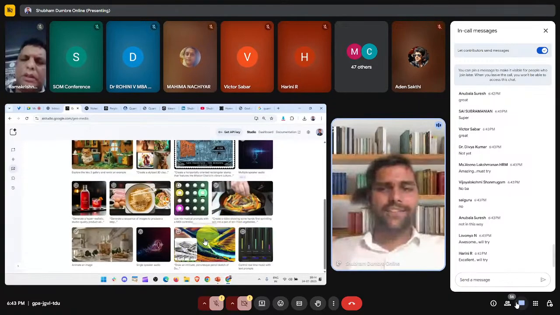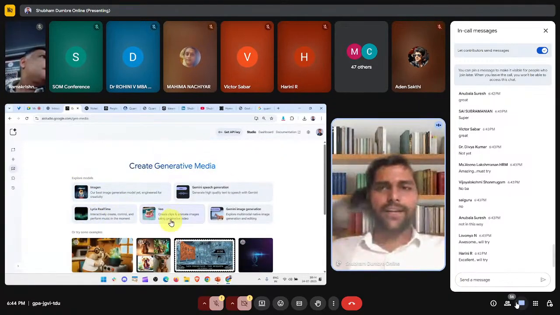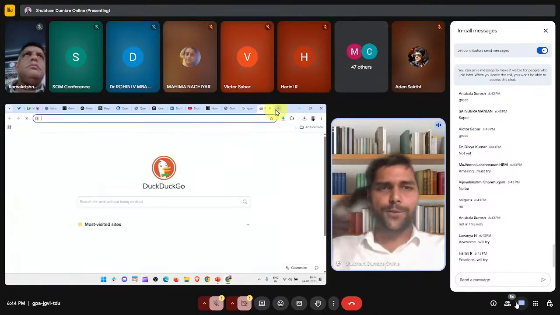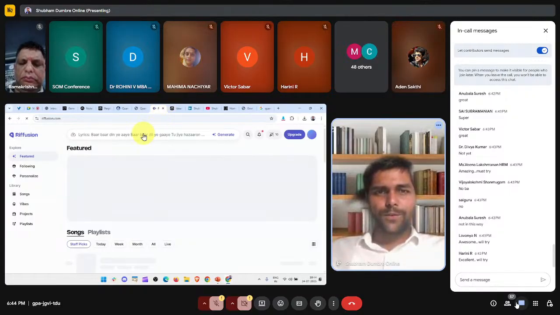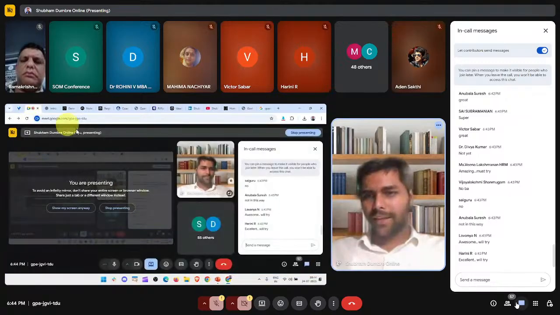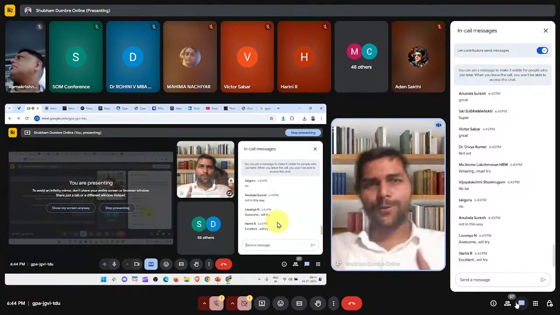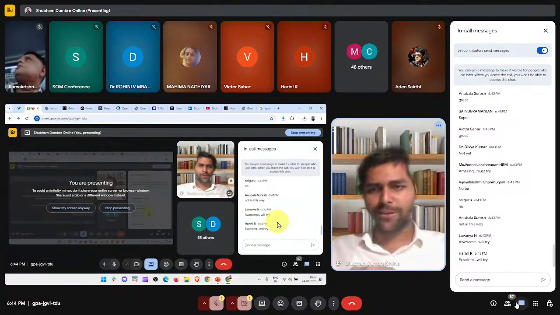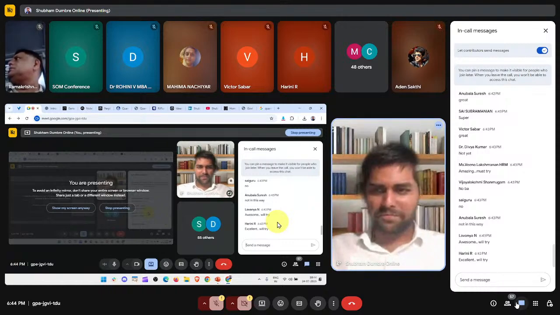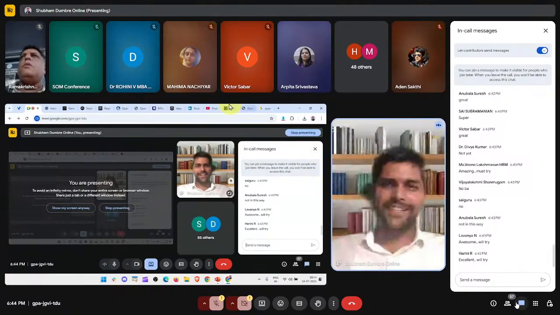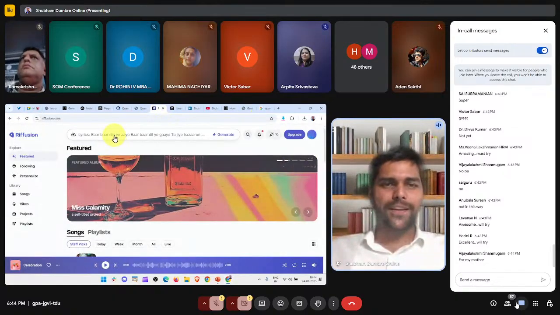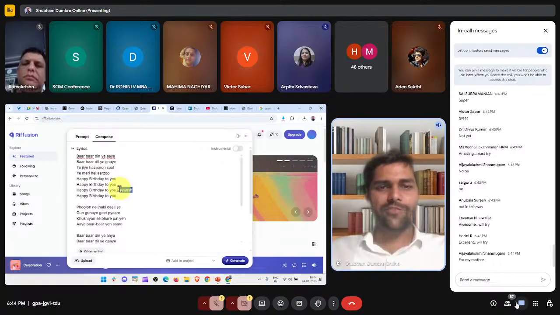Here is the creativity aspect. If you want to generate maybe a song, I can show you how to generate even a song. So anyone, give me a name for whom I should generate a song, maybe a birthday song. Give me a name. Praveen. Praveen. Okay, fantastic. So let's go to this tool, and I have just copied the lyrics of the Bar Bar Din Ye Aaye birthday song,